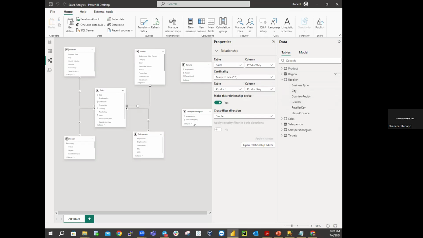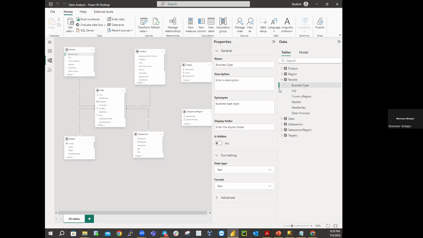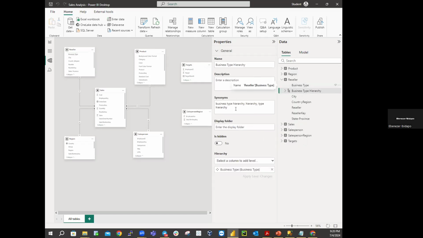We will start with configuring the reseller table. And we are going to create a hierarchy. Okay, I remember now clearly. This is where we stopped. We want to create a hierarchy in reseller that has business type and reseller. So you right click on your business type and click on create hierarchy. Then it comes up with this. And the name of the hierarchy is reseller. So you come to the name under property and the label you have there, you write resellers